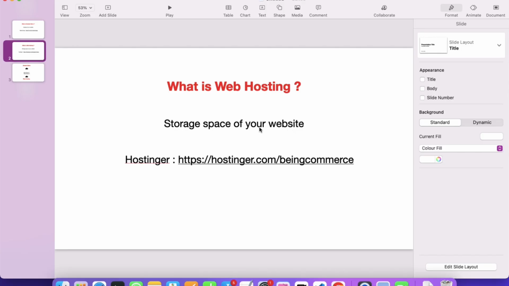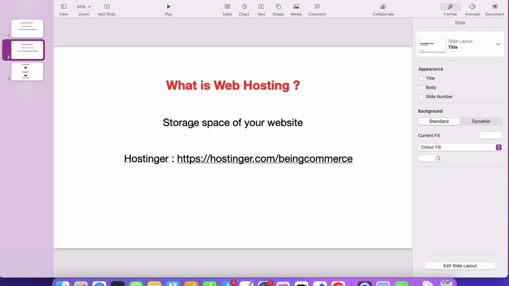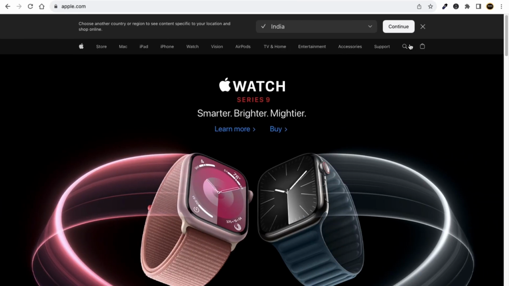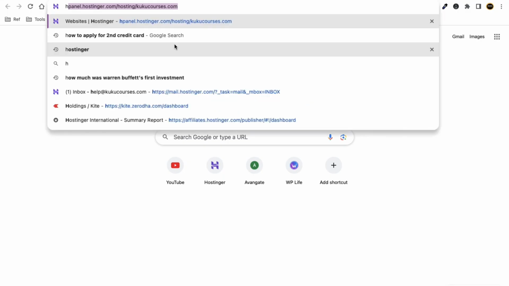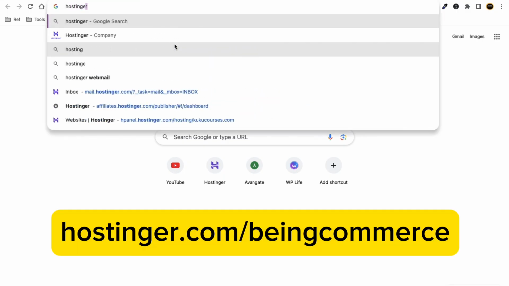Okay, and now we are going to teach you how you can set this up with Hostinger. So let's see how you can set up web hosting, my friends. We are going to use Hostinger. You can simply open a new tab, and here you can just type Hostinger,